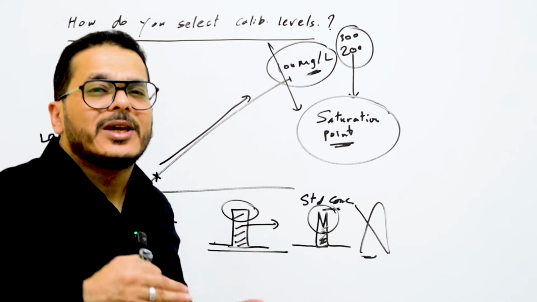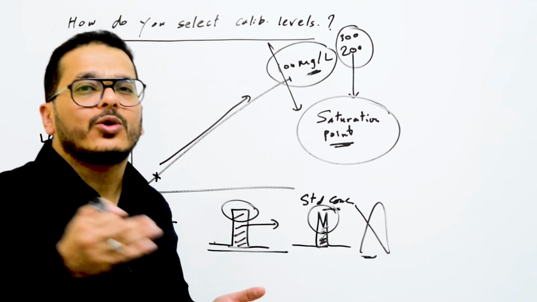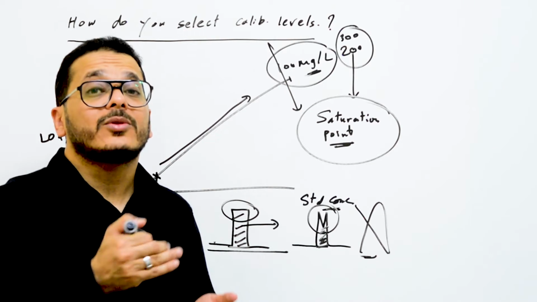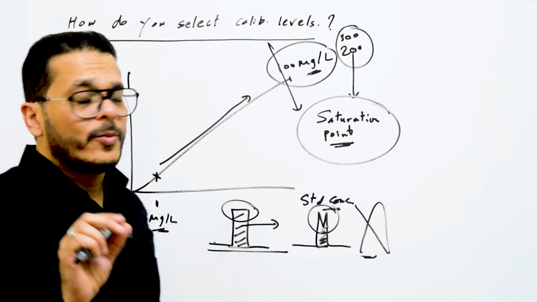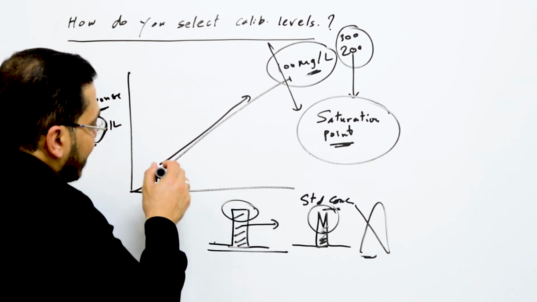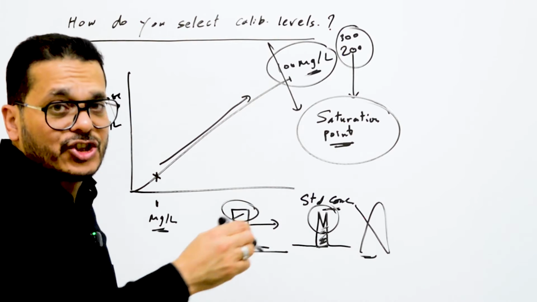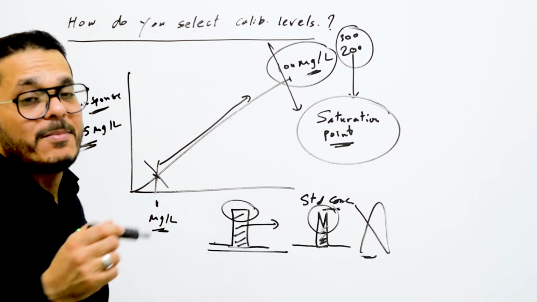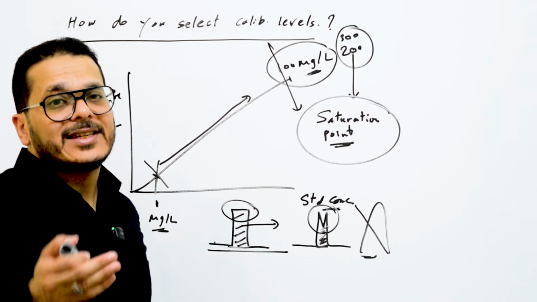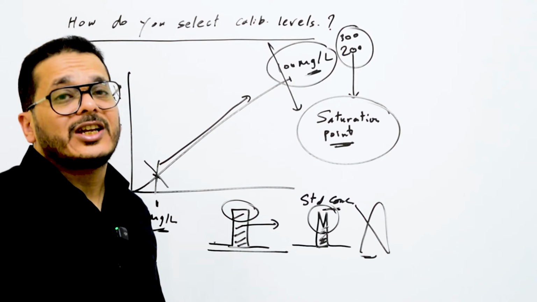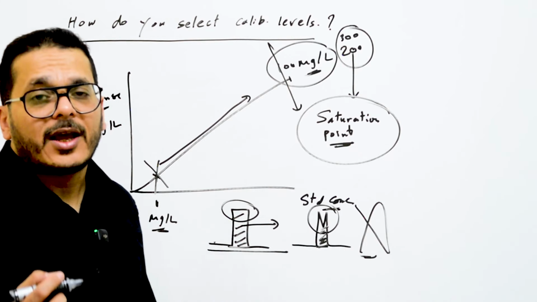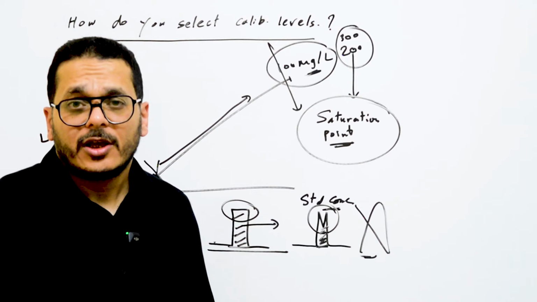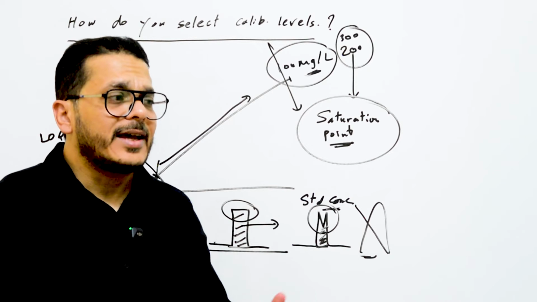But if the instrument becomes very old or is used for a long time, the sensitivity will become lower. So this instrument can get the higher concentration very accurately, but the lowest concentration may not be as accurate as you want. For example, if you analyze an analyte which is a prohibited analyte, for example